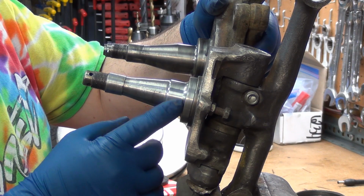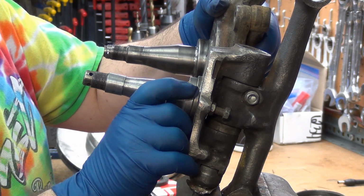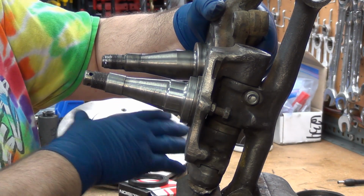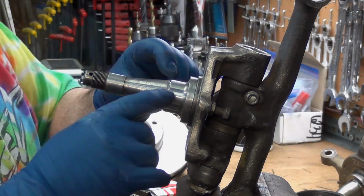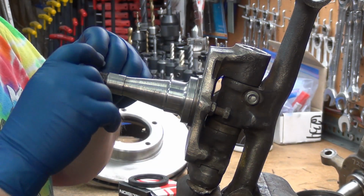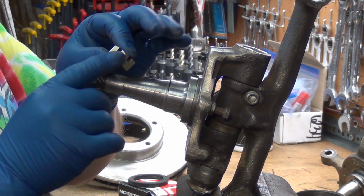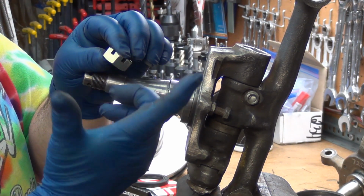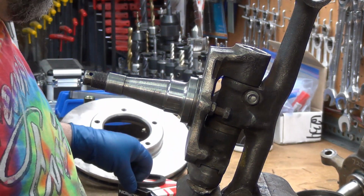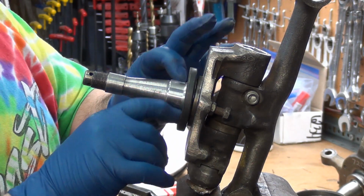So now this is an adapter. Looks just like the other ones basically, except this diameter for the seal is smaller so that it fits the stock 85 Toyota seal that goes with that hub. And I've shortened up the length because if you put it on with the stock spacer, it's too far out here, you can't get the castle nut on. I tend to use a slightly shorter castle nut. This is a Dorman part for a Chevy, and it's almost 1/8 of an inch thinner. So with this special one on here, there's just enough room for the seal. The seal will fit on, it will kind of butt up against there, and it'll just barely